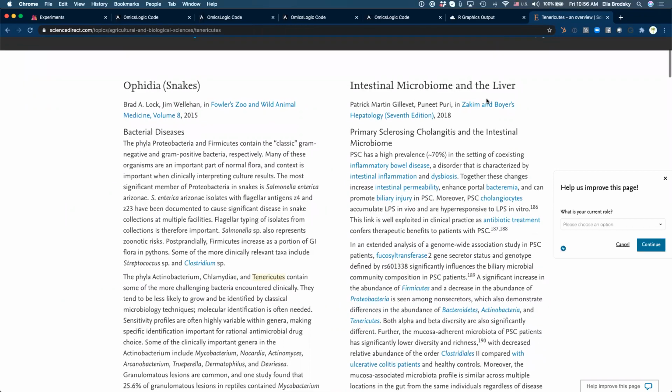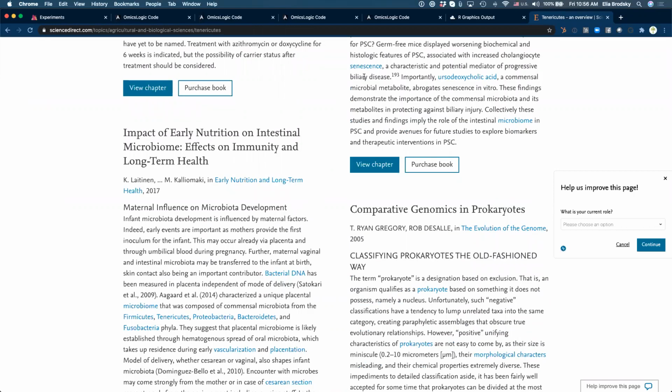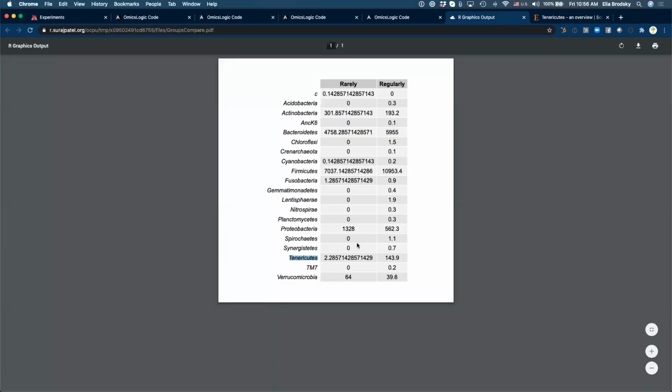Again, intestinal microbiome in the liver. So we can now study specific representatives that we think are more informative, right? So here I can see almost twice as much proteobacteria than here, right?